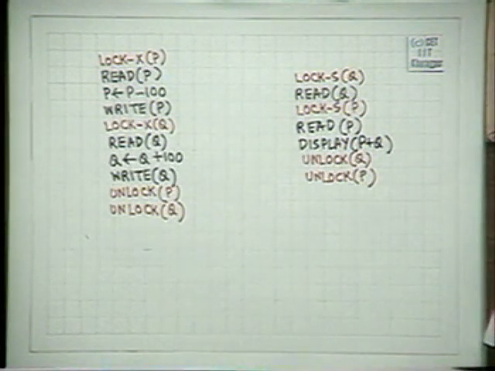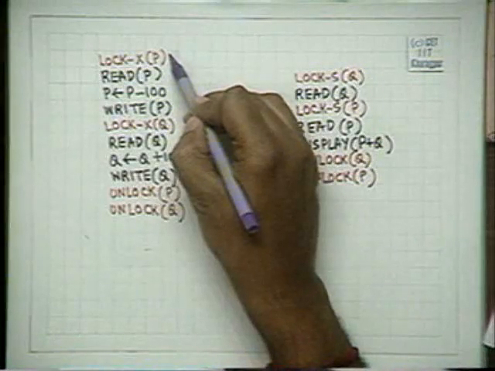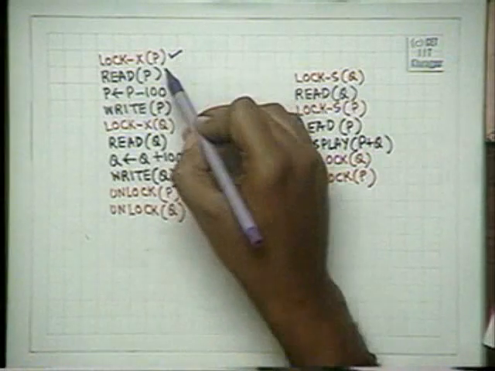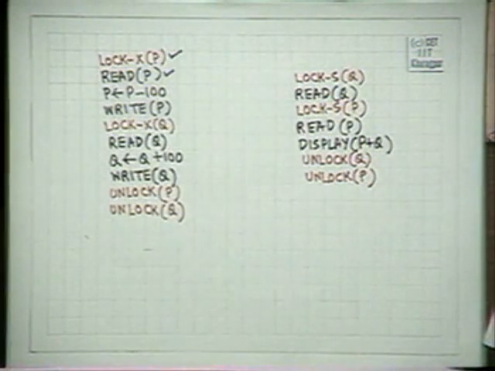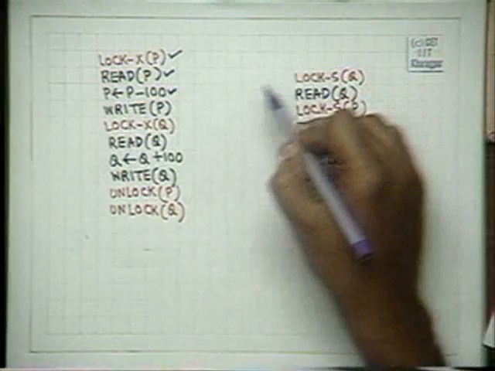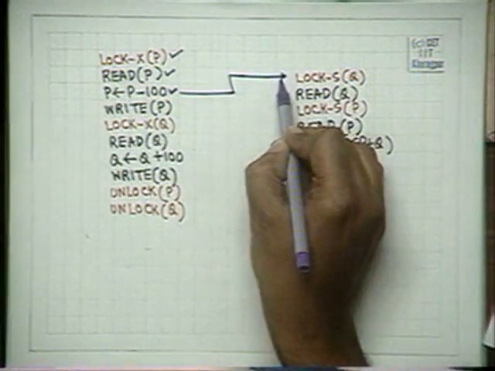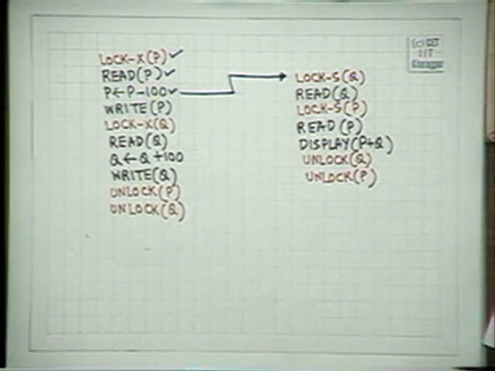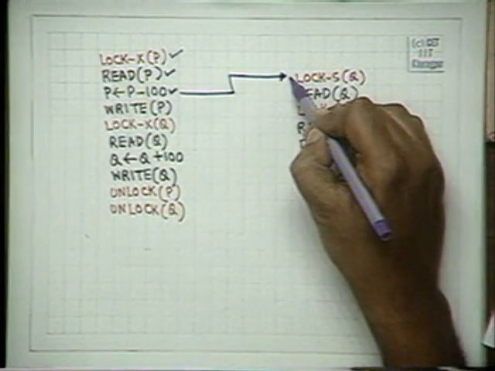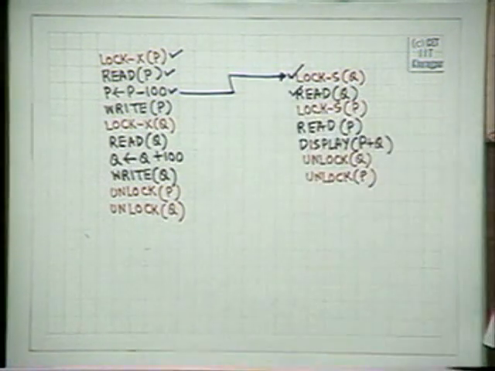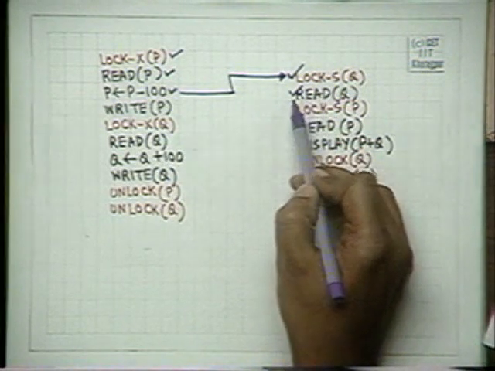For example, if the scheduling starts with this one, then here, then here, and then control goes here. This does this, this does this, okay,